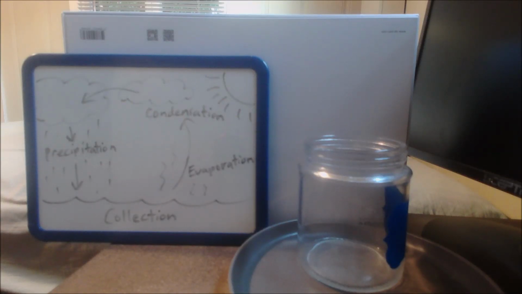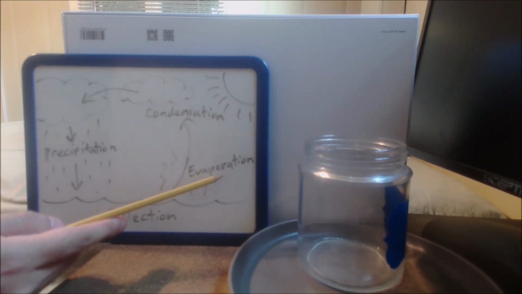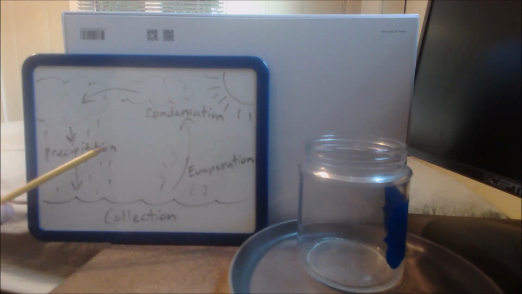Hello everybody, Mr. Tabares here, prepared to show you another science demonstration today, this time an experiment called Rain in a Jar. It is needed to explain the 4 steps of the water cycle that we may know as evaporation, condensation,